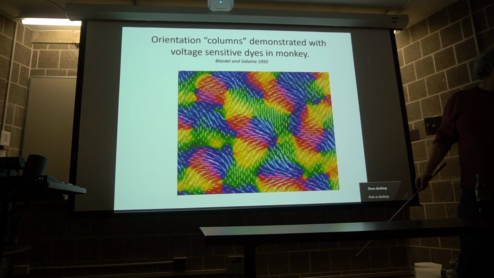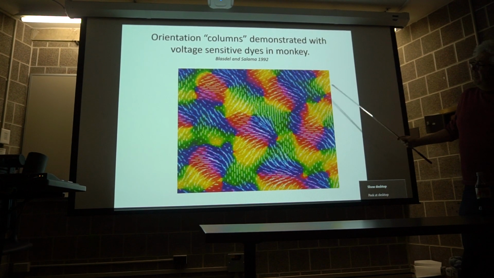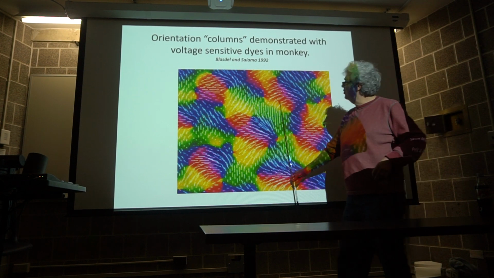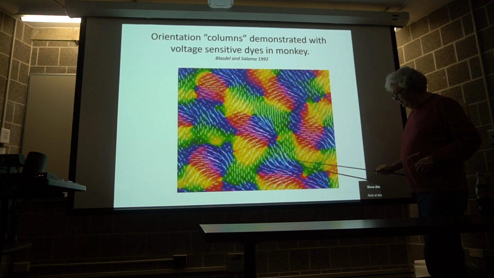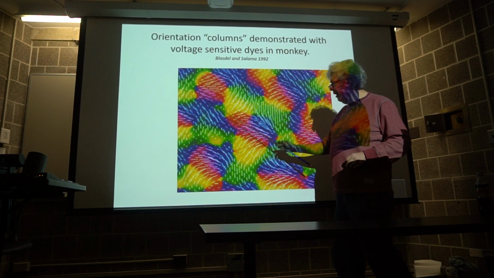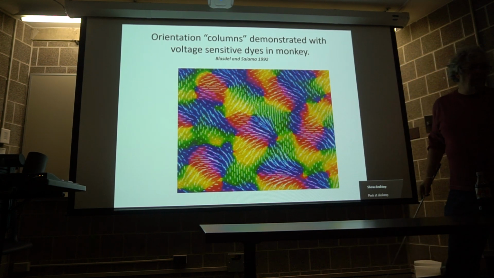are not randomly scattered around. You see that? They're in patches. Likewise, green is for vertical. You can see cells maximally responsive to green light are scattered around, and so on for a variety of other